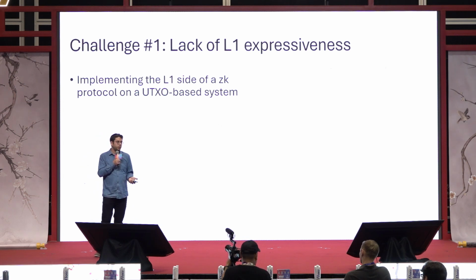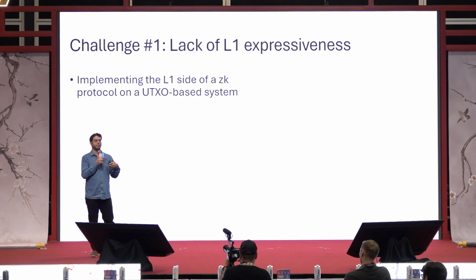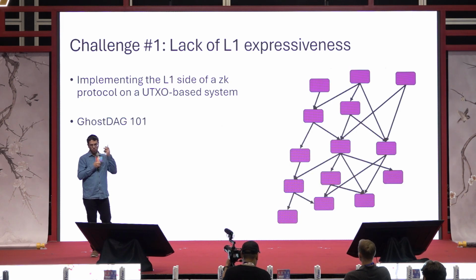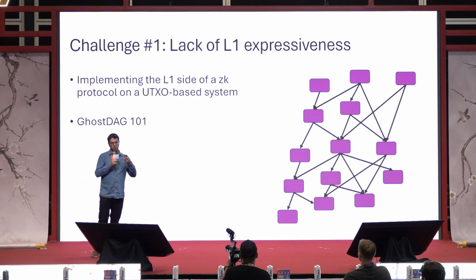So we have an L1, which we don't want to make general compute available. We don't want to support general compute. So there's a challenge on how to design the zero knowledge verification side on the L1. I'm not going to touch on all aspects of that, but I want to focus on one. I want to focus on what we call the sequencing commitment, which is probably the key to a lot of things, and also relates to some of the discussion afterwards.